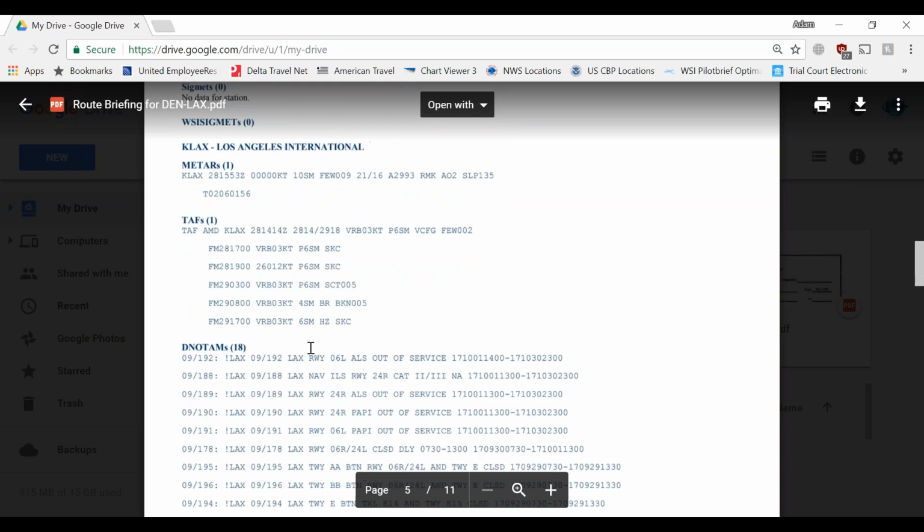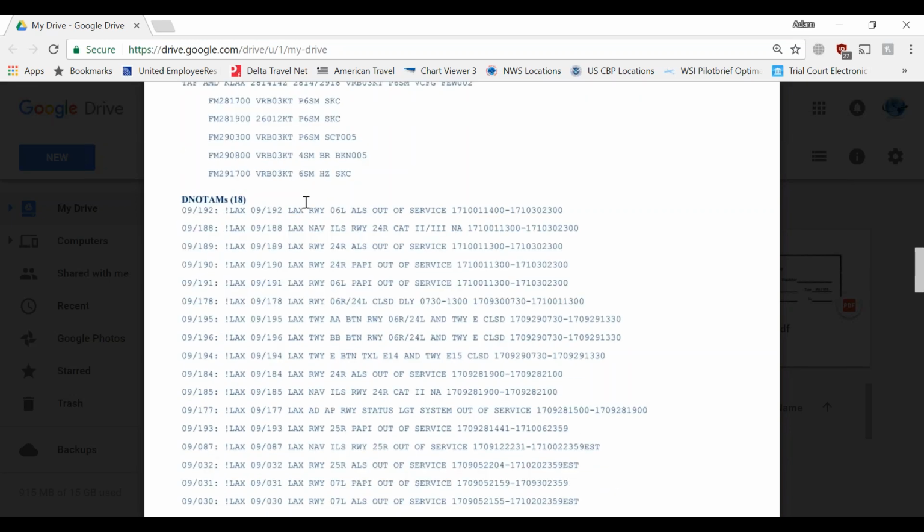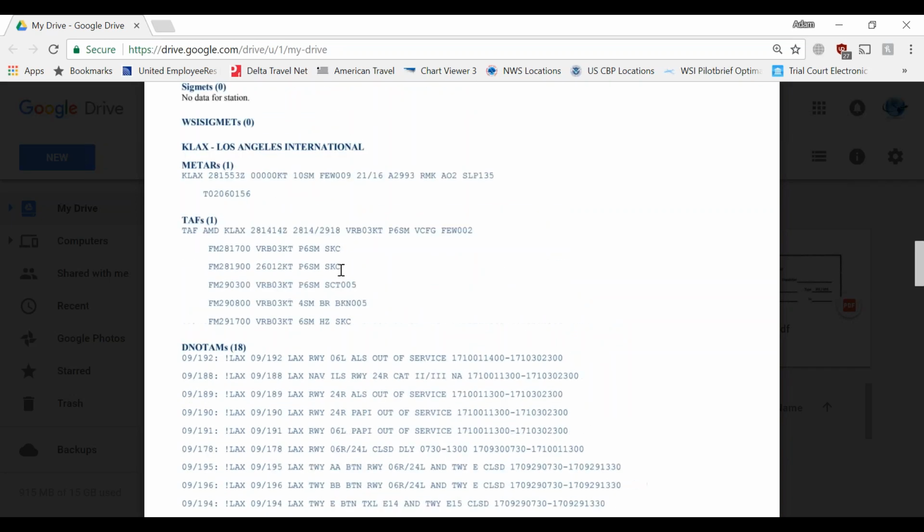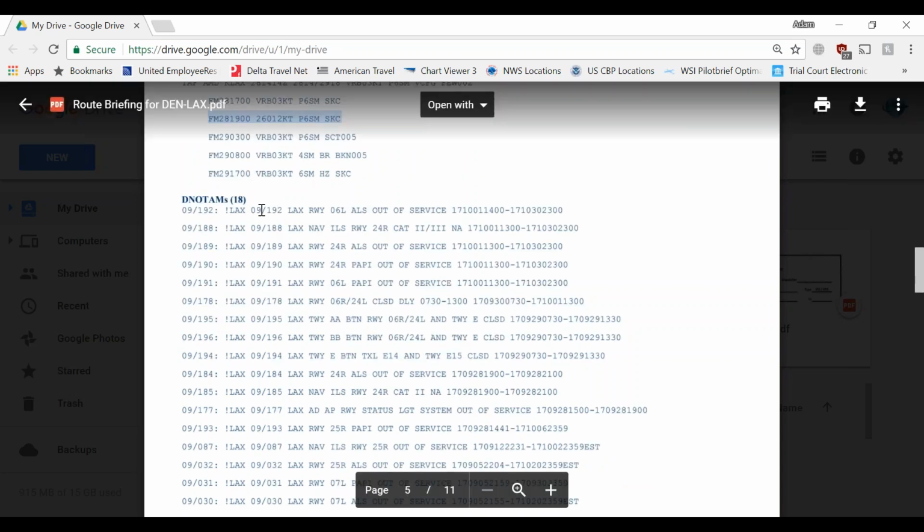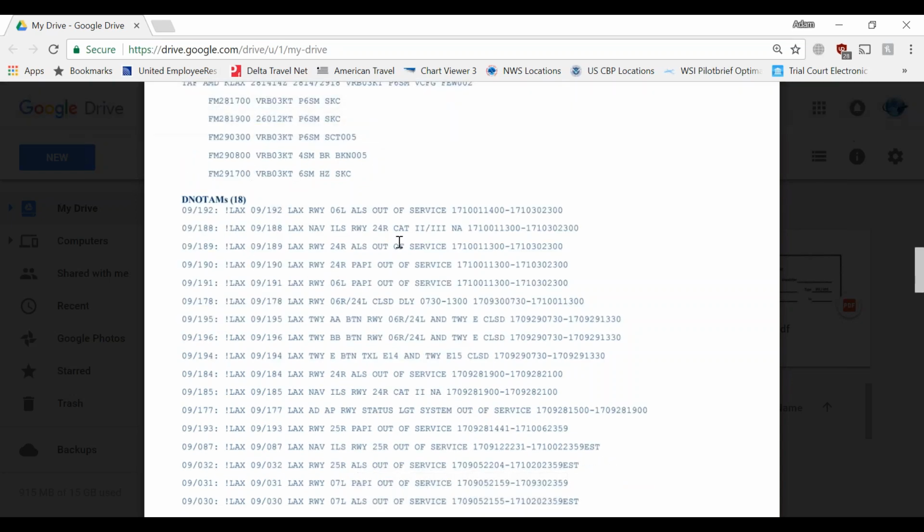Okay, LA. Now, we also know that our weather in LA is expected to be good when we get there. We know that we don't need an alternate. So that's going to tell us a lot about what we do and do not care about with regards to